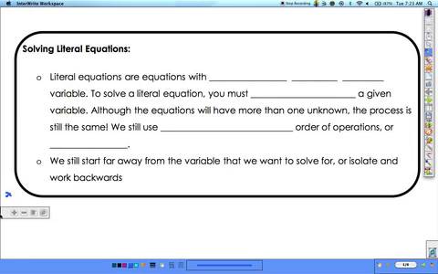Okay, today we're going to talk about solving literal equations. To give you something to think about for what literal equations are, you can think about literal in terms of being in writing, right? So literal equations are equations with